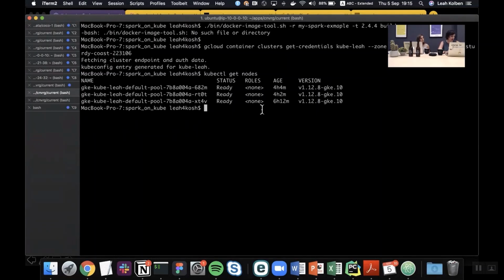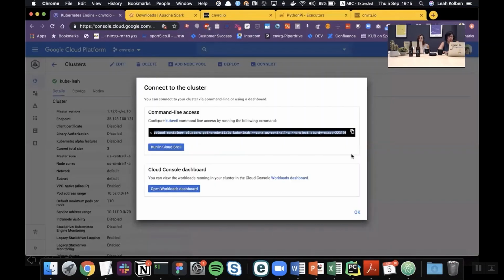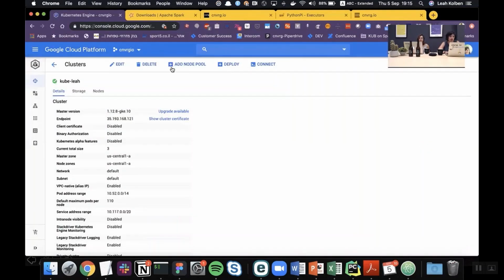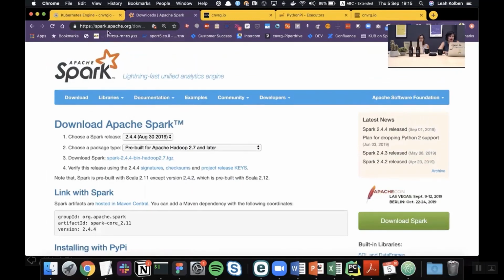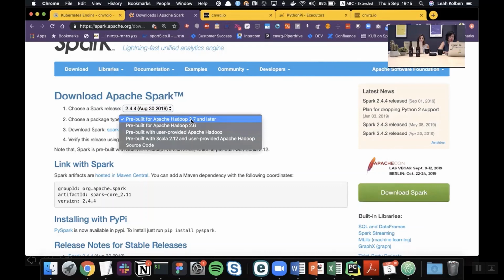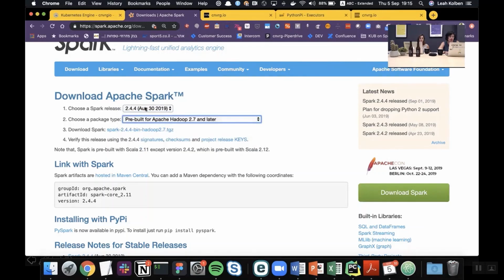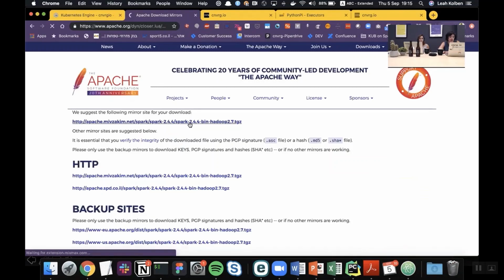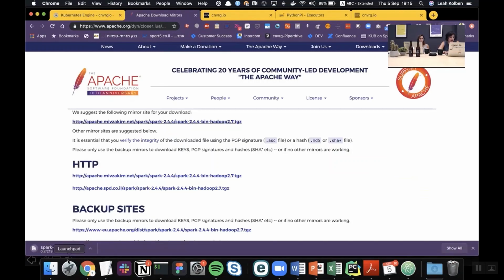What we will need to do is build the Docker image. This is also very simple. Spark basically built it for us; we just need to run the commands. You go to the Spark official website and choose one of the versions with pre-built Hadoop. I just use Spark 2.4 and Hadoop 2.7. Then you just need to download the tar that they give you. Once you have it downloaded,